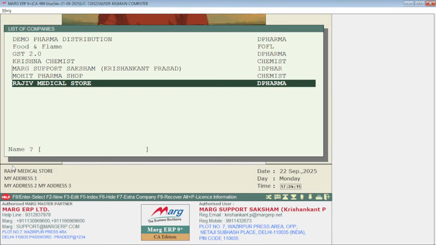Today we are going to have a session on the latest ongoing GST 2.0 updates. In this update we will discuss all the changes made by the government for GST. As we all know, there were multiple GST slabs in the market before today's date, and now what the government has done is simplify all the taxes into three basic tax slabs: